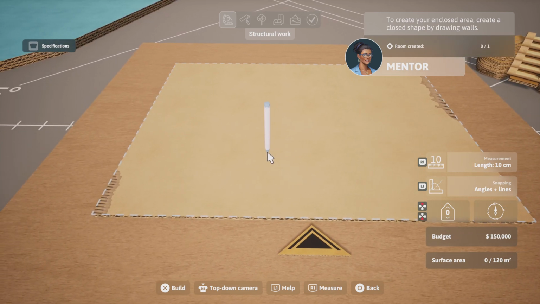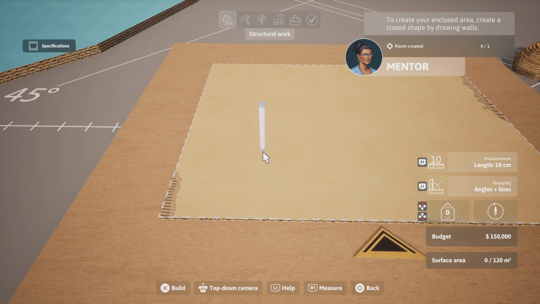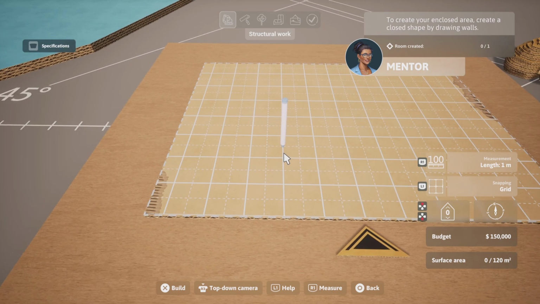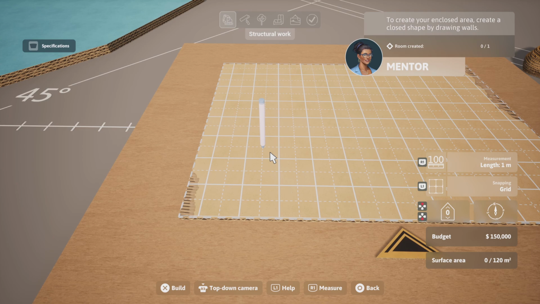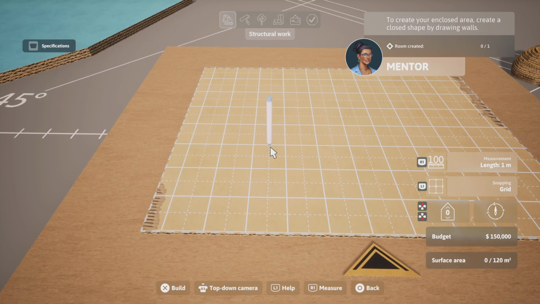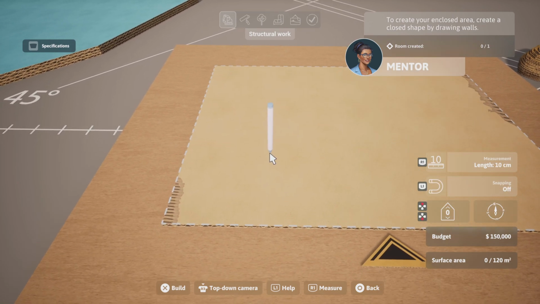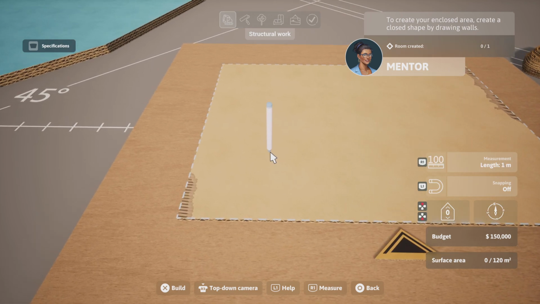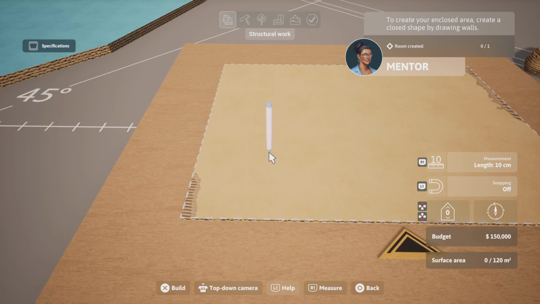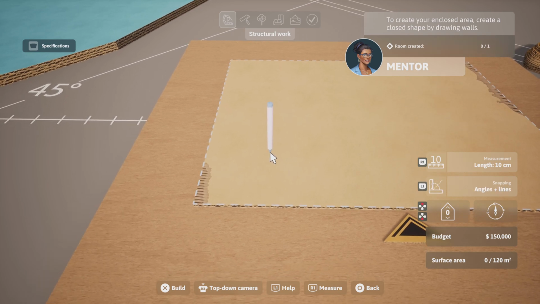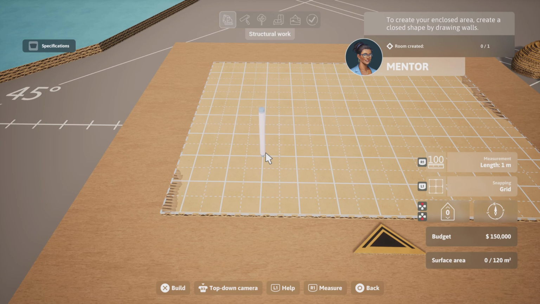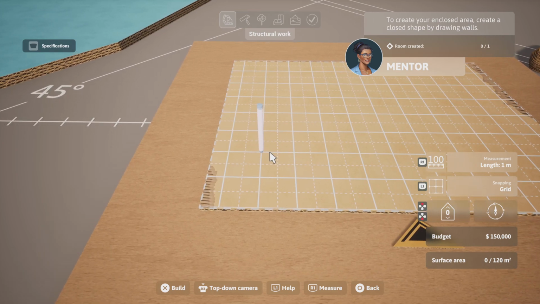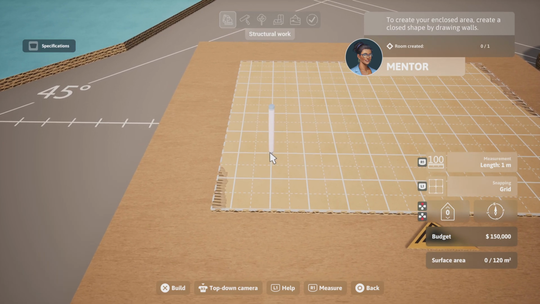Okay. Right. So that's interesting. What does this do? Oh, measurements. Right. Snapping. Grid. Okay. So we're gonna. Okay. Sure. Let's